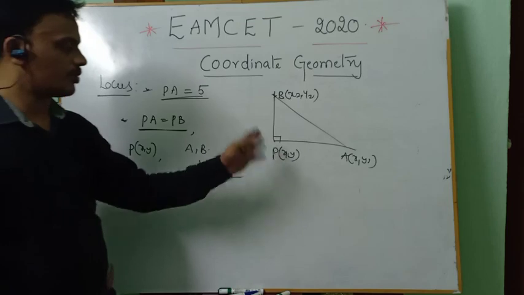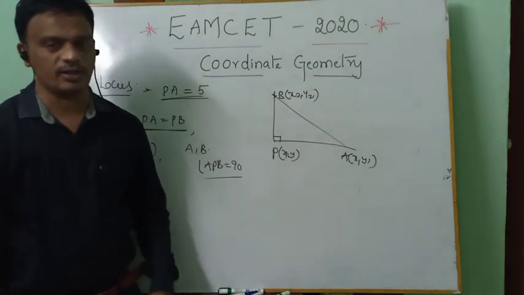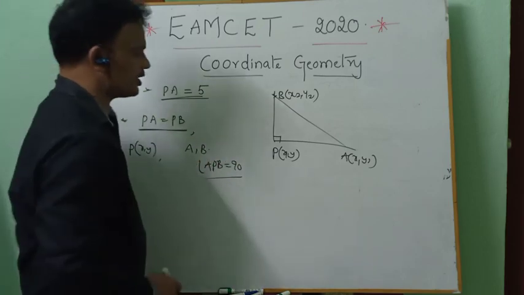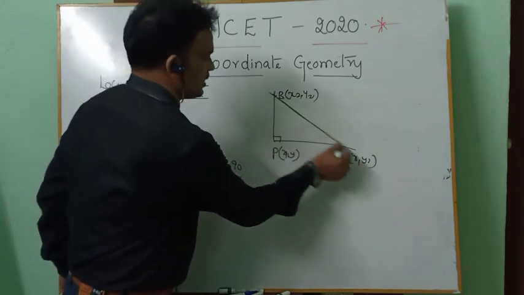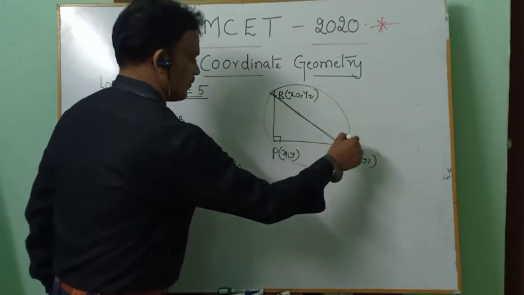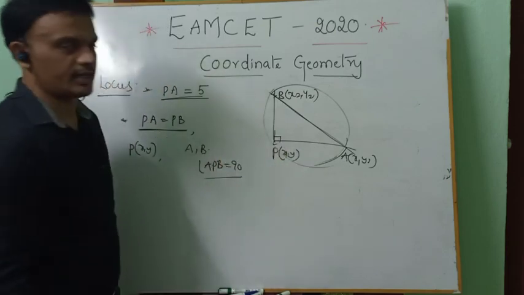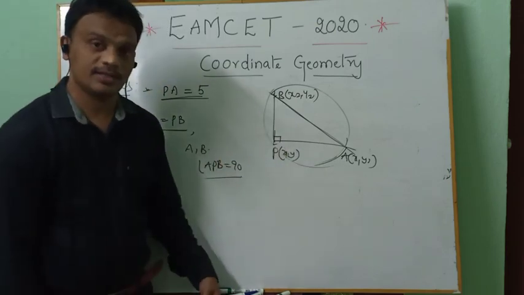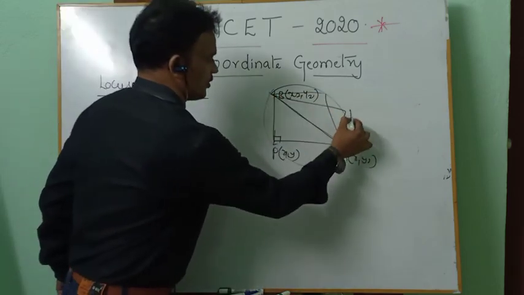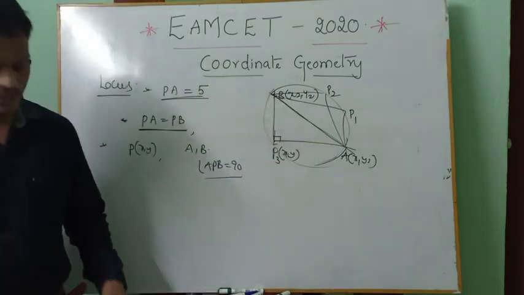If you follow the descriptive method, it will take time. By using the Pythagoras theorem, AB square equals PA square plus PB square, but please don't follow that, it will take time. First of all, what is the locus? Suppose this is the diameter of a circle. Then if you take any point on the semicircle, the angle will be 90 degrees. Of course, you know that concept: angle in a semicircle is 90 degrees. If you take any points on the locus, P1, P2, P3 like this, then finally, what is the locus of P?